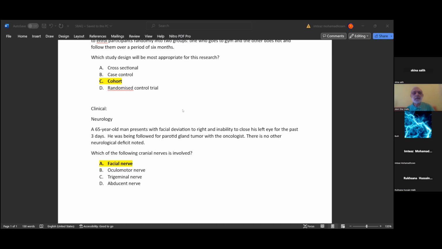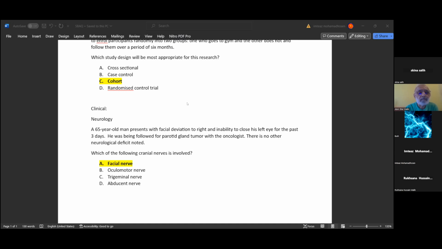The option number 3, trigeminal nerves, gives the sensory sensation. There is no motor input over there on the face. The abducent nerve is not at all involved in the face. It supplies the muscle of the eye, and that deformity which is produced by the abducent nerve is not mentioned over there. So practically in this question, you can say that the facial nerve is definitely involved, and the oculomotor